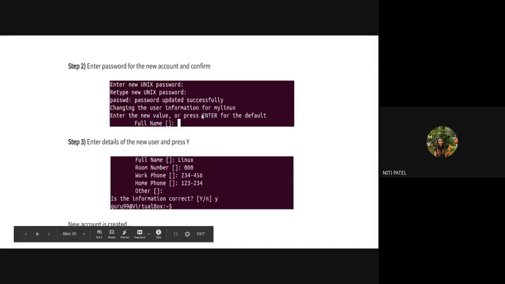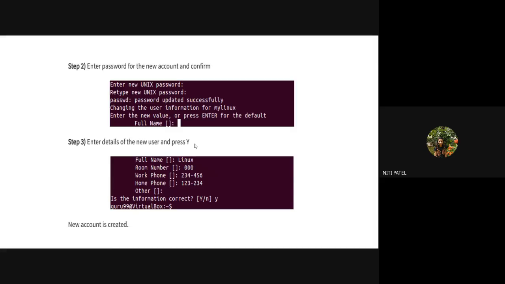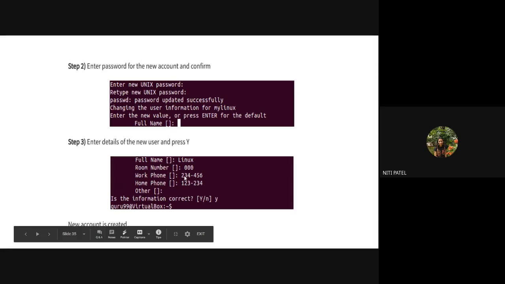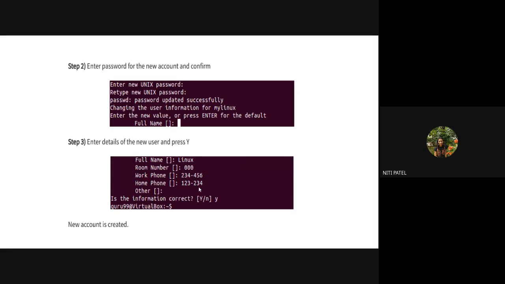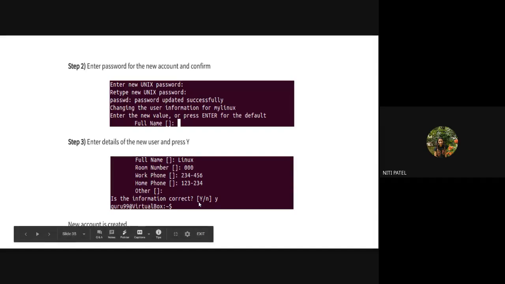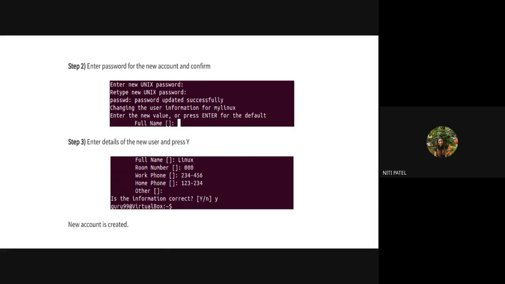Okay. After that, you have to supply the password for this user account. After that, you also have to give some information like your full name, room number, work phone number, home phone number, etc. Once you type all this information, you simply press Y if you find that your information is correct. Okay. If you type no, it will ask you to retype all this information again. So once you type Y, it will show you that a user with the name mylinuxaccount is being created inside the system. Okay, so the command uses sudo adduser username, you supply the password, you fill in the information and you create the account.